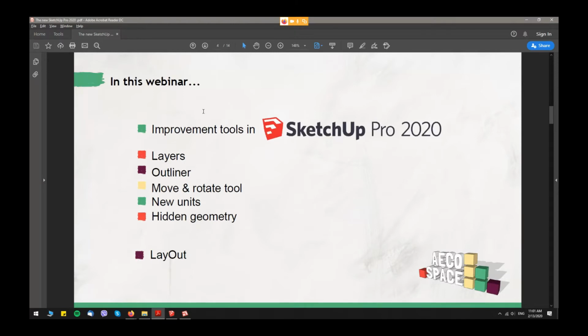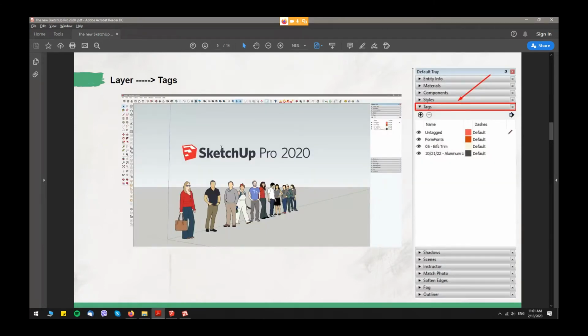In this webinar, I want to show you improvements in SketchUp Pro. The improvements are very exciting, and I want to show you this. I want to show you the new things on Layer, Outliner, Move and Rotate tool. SketchUp has new units, a new function on hidden geometry, and Layout is improved. Okay, the first thing in the new version,